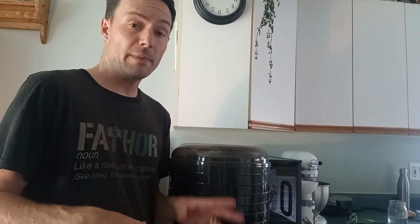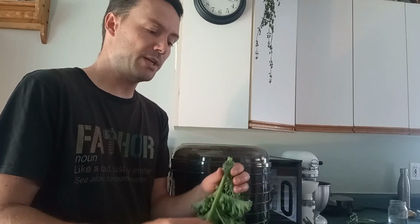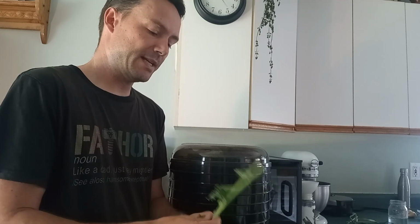So I've brought in all my different greens powder ingredients. So here's my big kale. And what I'm going to do with the kale, I'm just going to take this big stem off. They've all been washed. They're sitting on a towel right now. And I'm going to stick it into